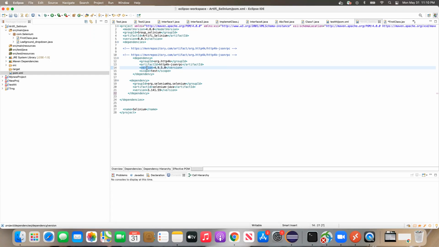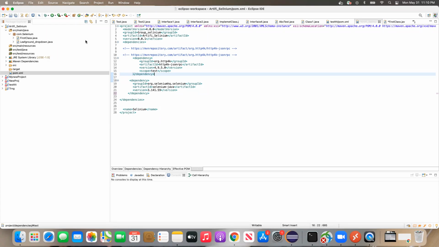So when you read the release notes, you will understand that they have added some more features and fixed some more bugs. Something like that you will be able to understand there. Those are called release notes. Okay, guys, these are the major important points you need to understand inside the pom.xml.